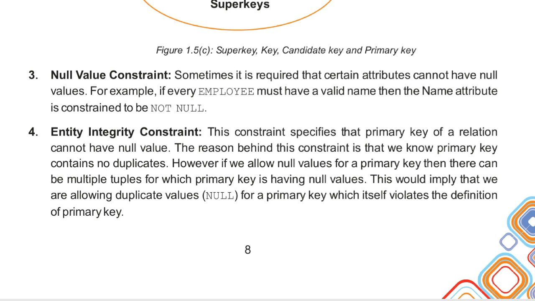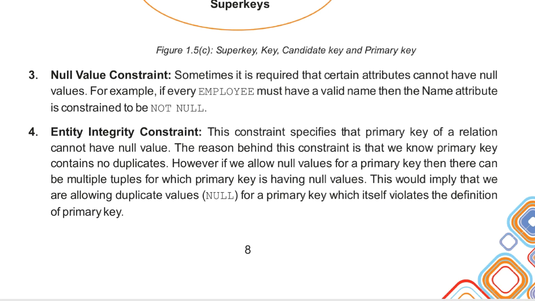For example, I have taken employee id as a primary key. So employee id will be unique for a particular employee, and cannot be the same. Or if I consider a person relation, in that I will take the Aadhaar number, voter ID card number and the PAN number of an individual.